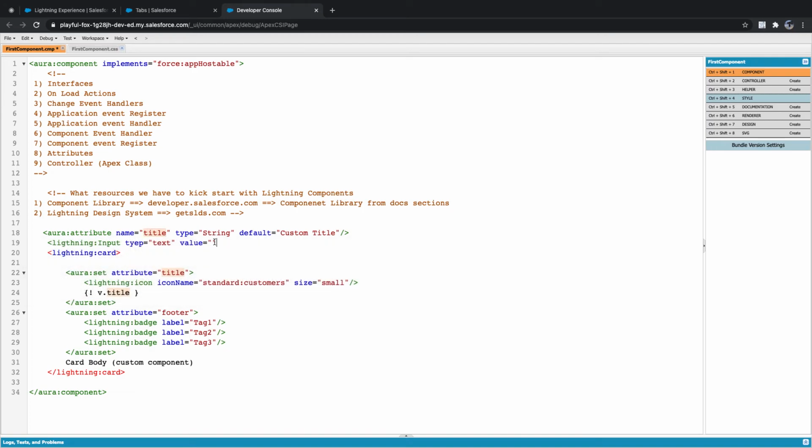Whenever you are using it, you need to use v dot. This is a binding expression, like the formulas and binding fields we used to have, curly braces with exclamation mark. Now we need to use v if you are referring to your attribute. If you are referring to your attribute, you need to use a value called v.